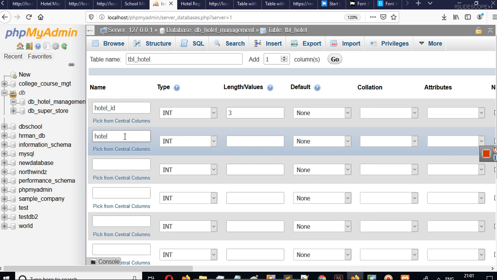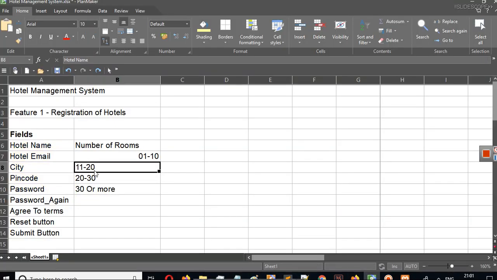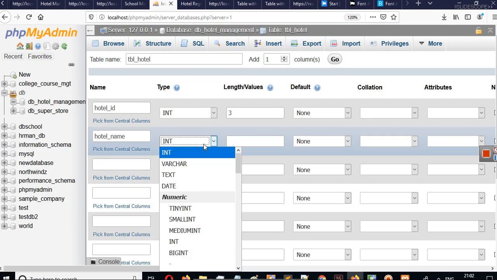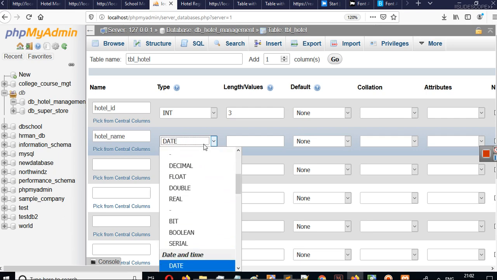Let's create hotel name. This will be our second column, which will store the information of hotel name. Now just simply think what data type of value can be entered here. The answer is string, because hotel names are mostly alphabets.